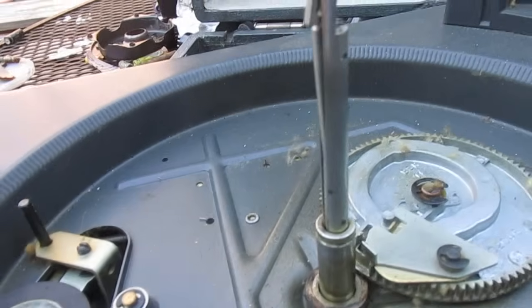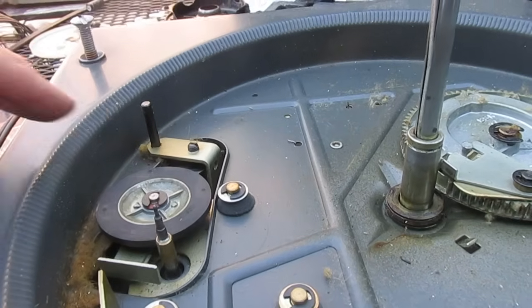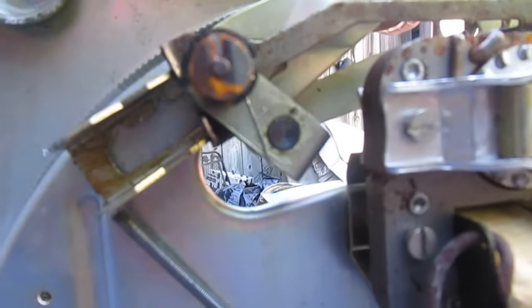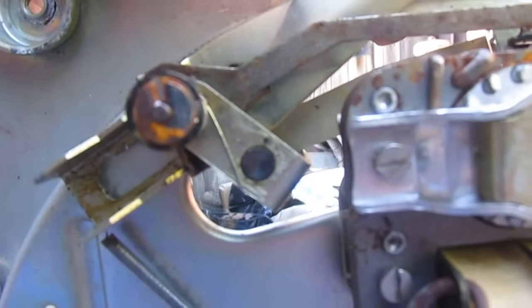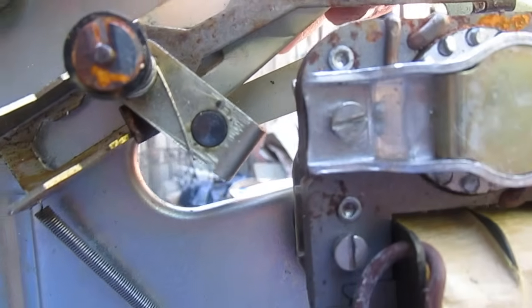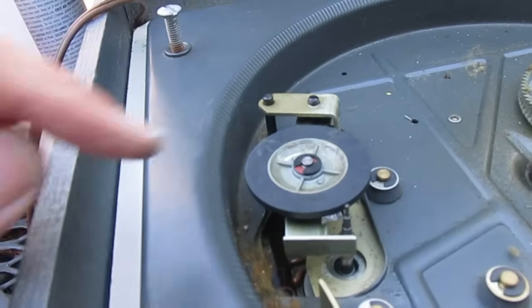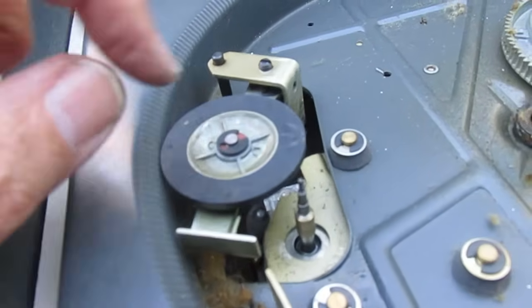And I believe that spring and those other things go under here. Something to do with the idler mechanism. And I'm looking at this junk changer to see how that spring and everything is mounted. Well, I thought I had everything back on, but the wheel still won't engage, and this has no spring tension